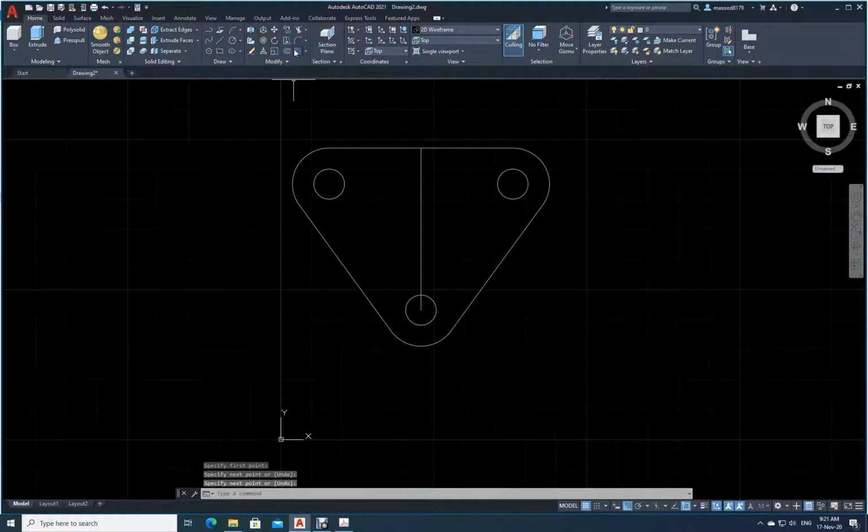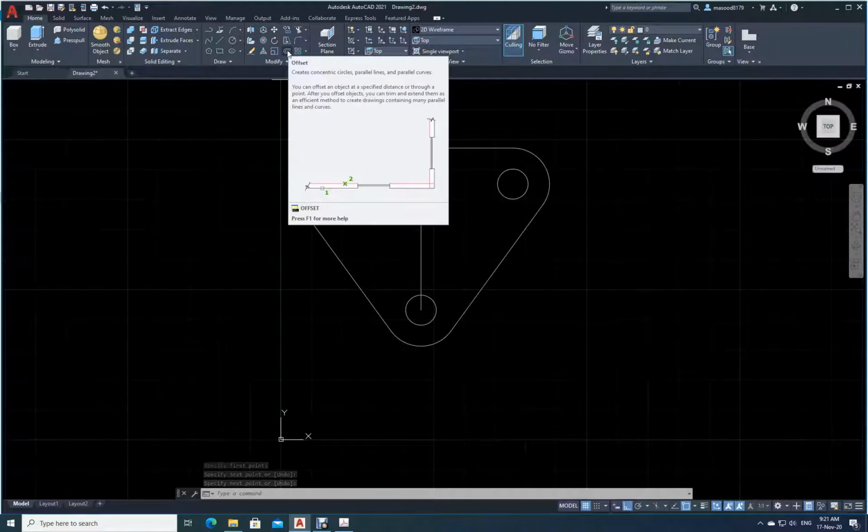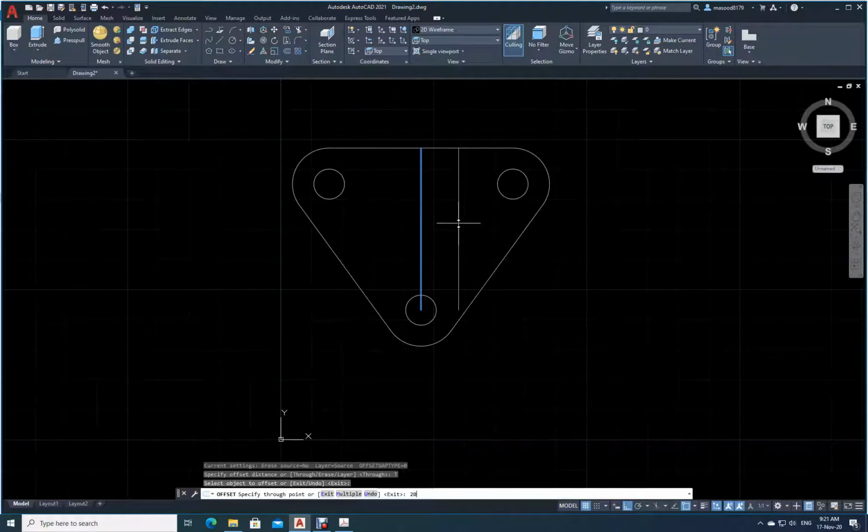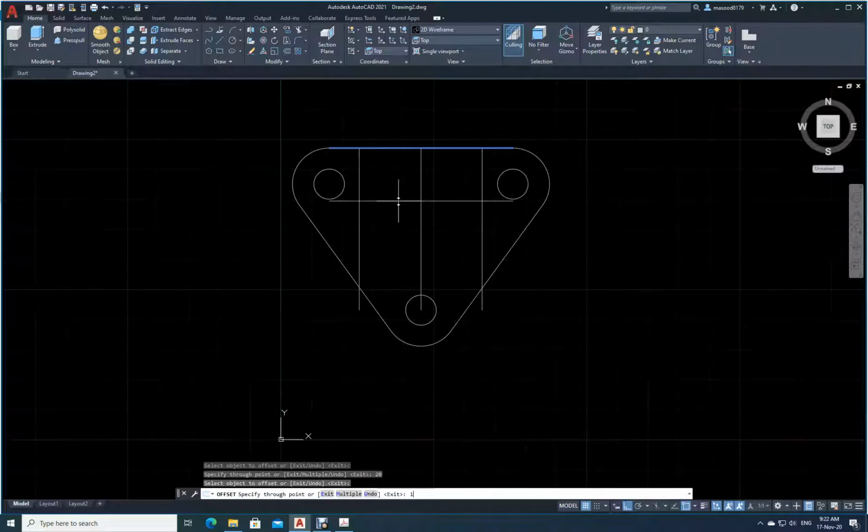Okay. This line I will shift through. How much? See here, offset command. I am using a different version now. Offset. I will click on through. The moment I click on through, I can go and select it here like this. See, I can move this way. I will go this side, type 20, and then again I will click this one. Come this side, I will type 20, and then again click on this line. Come this side, and I will type 14. See there? Now I will escape.